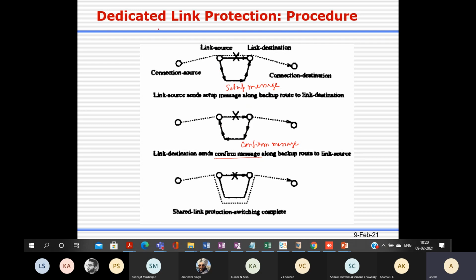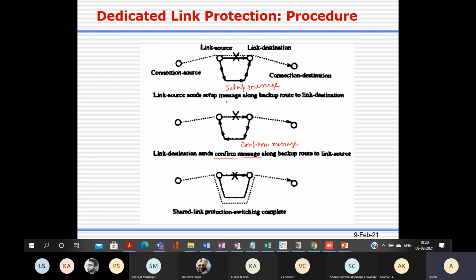And since it is a dedicated protection, you can say that these optical cross connects are already configured. Maybe excluding the last one, all other configuration has been done.